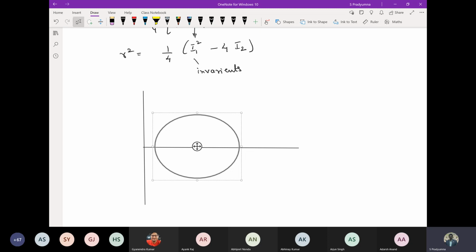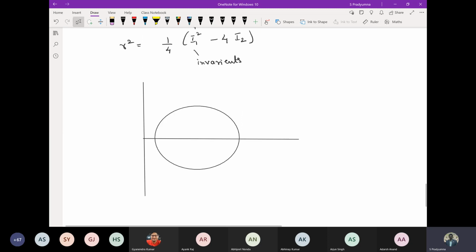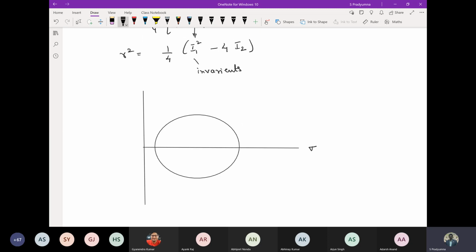So this is the Mohr circle I am looking at right now. This is my sigma axis, this is my tau axis. There are approaches where the downward axis is also considered as the positive tau axis. That is one more way of writing this. Now, we have plotted the Mohr circle by considering this as the center C.